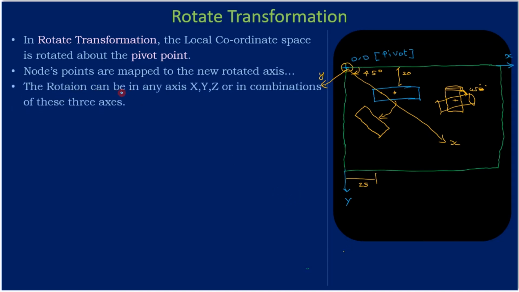The rotation can be in any axis, x, y, z. Whatever we explored here is rotation about the z-axis. So you saw this is x-axis, this one is y, and z-axis is pointing towards you. We did a rotation about the z-axis, but rotation is possible in x-axis as well as in y-axis. So later we will do the rotation in all three axes when we go to 3D shape